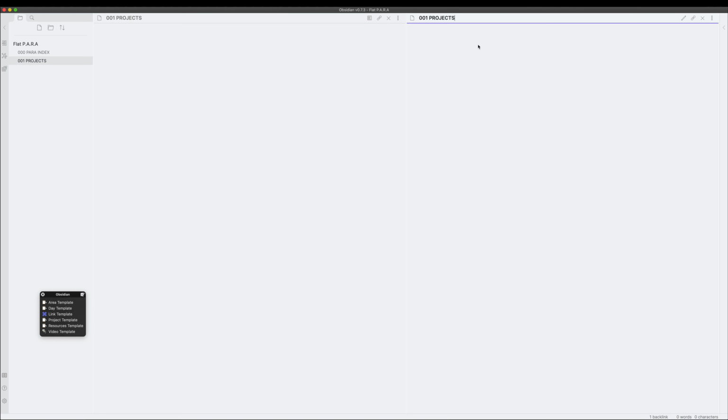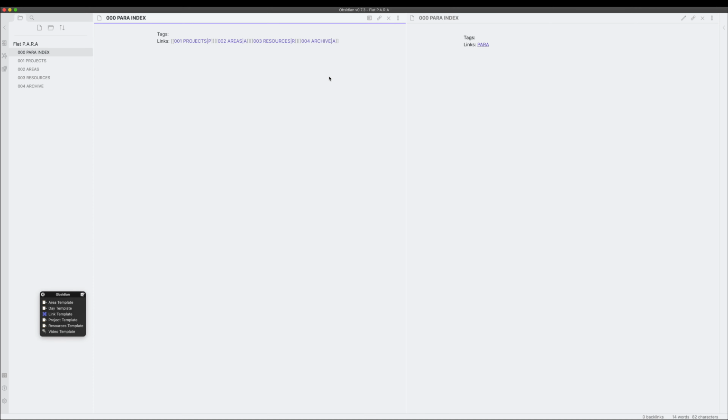So let's test if it works. We didn't have a file, so if you remember, if you don't have a file and you link to it, it'll create the file for you. So projects has been created. Now again, if I click P, it'll take me to projects. Now if I click A, it'll create areas. If I click R, it'll create resources. If I click A again, it'll take me to archive.